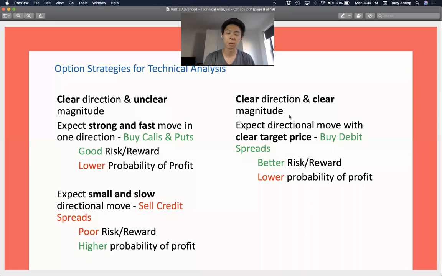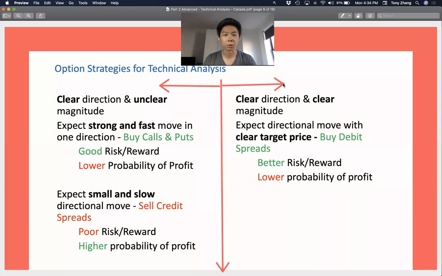So what I'm going to do here is break it down into 2 primary categories. I have one category on the left and one category on the right. On the left-hand side, I have what I call strategies that are suitable for when you have a clear directional view. So you believe that the stock is either going to go higher or you think it's going to go lower, but you don't have a clear sense for